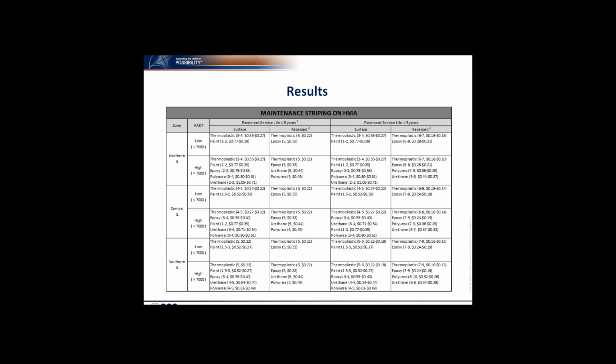So what you're looking at here is our recommendations for placing maintenance striping on an asphalt surface pavement. You can also see in this table we broke our recommendations out by the northern, central, and southern zone. And of course, low and high traffic. We actually discovered that a better cutoff was 7,000 ADT versus 10,000. And then when you're thinking about maintenance striping,